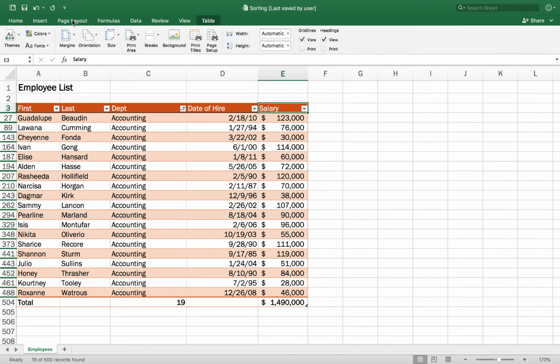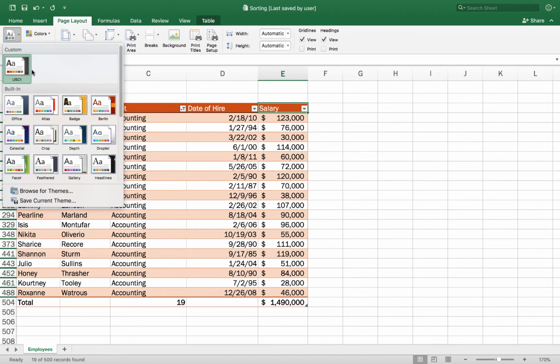All right, so now that I've created this theme, if I click on the themes here, you can see that new theme that I just created shows up as a custom theme. So that'll be available, like I say, for other Excel documents that I'm creating, and then I can also use that in my Word documents and in my PowerPoint documents. So themes are a pretty cool feature that ties together with tables very nicely, and the theme will impact any charts that you create or any other graphic objects.